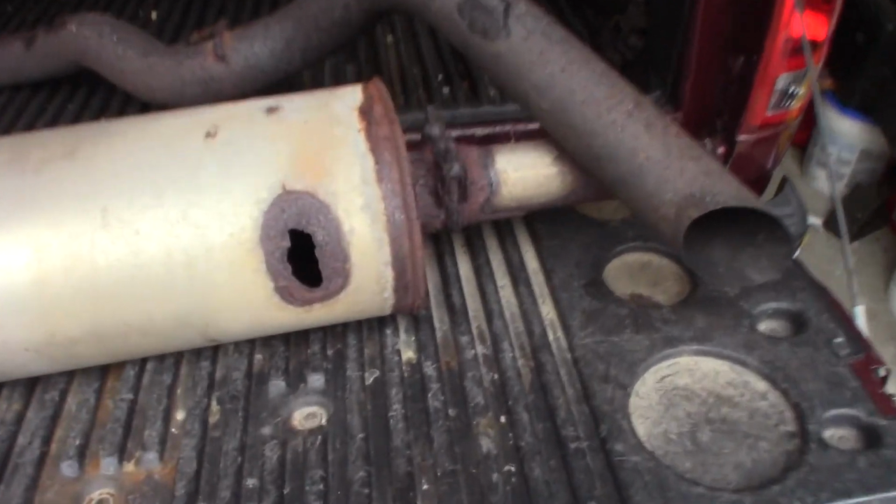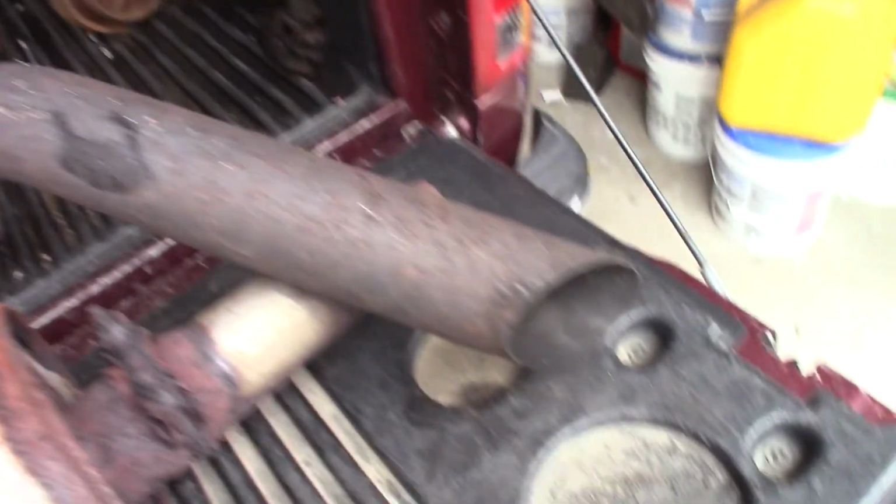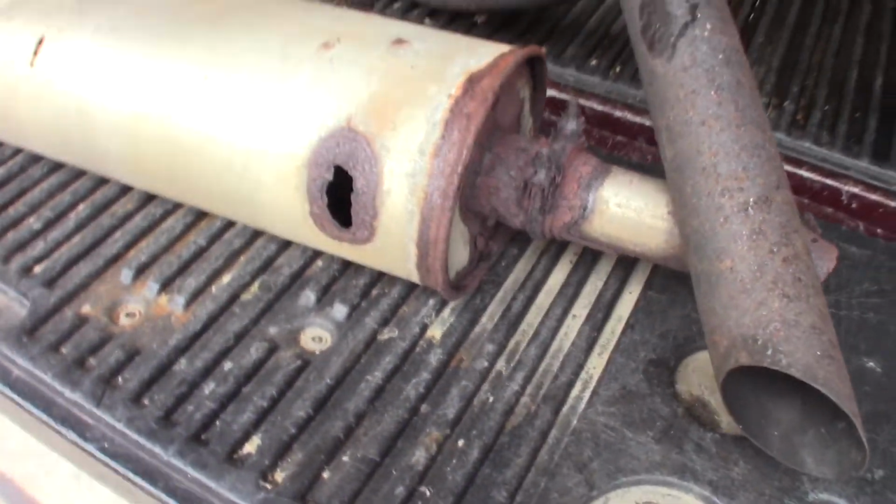Everything looks good. Just wanted to show you, there's the muffler. Pretty beat up. This is the front. And there's the tailpipe, which was already off. It was already pretty much falling off in the back of the muffler and broken right there. And not looking real good, but that's what it looked like when it started. That's it for this 2003 Dodge Ram